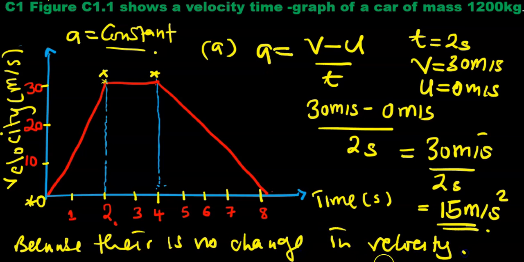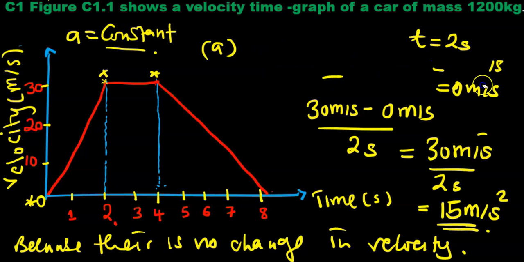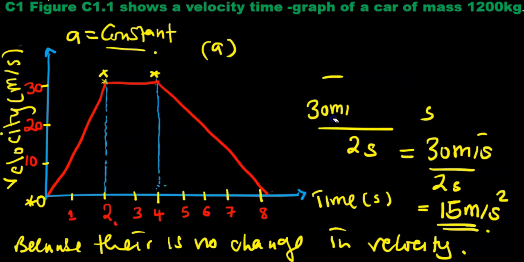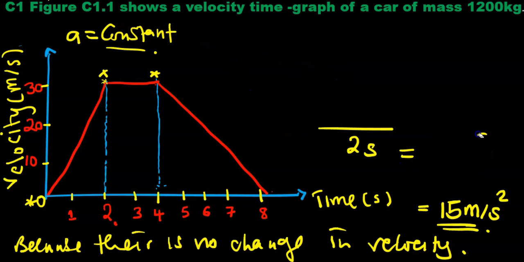Remember, acceleration is a rate of change of velocity. So when the velocity is not changing, then there's no acceleration. Acceleration is 0. Okay? The next question, that is C, calculate the displacement of a car while its velocity was increasing. So during the first 2 seconds, that is where the velocity was increasing. So in short, they are asking us to find the displacement of the car in the first